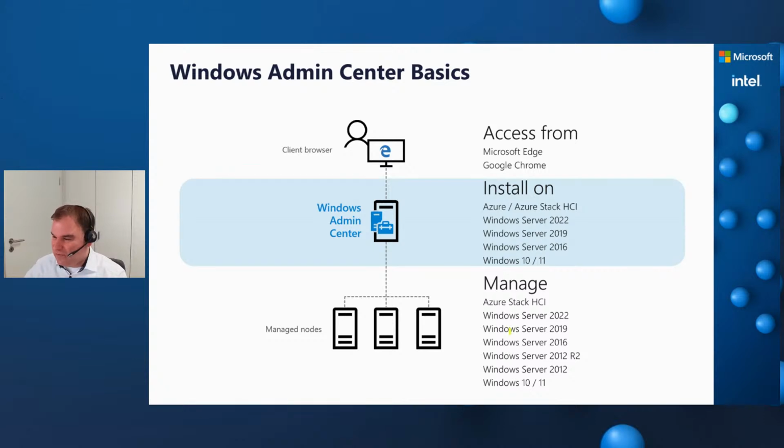And these other servers can be Azure Stack HCI, Windows Server. This can also be Windows clients, Windows 10 or Windows 11. So this is what you should keep in mind about the Windows Admin Center